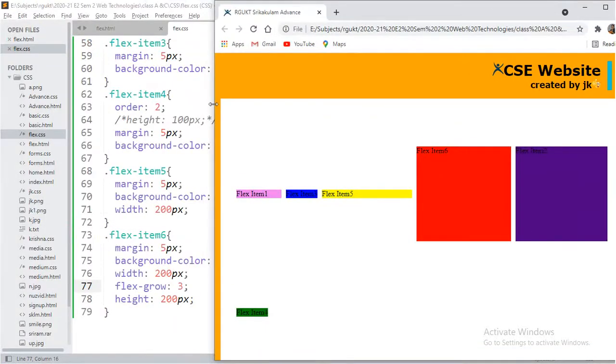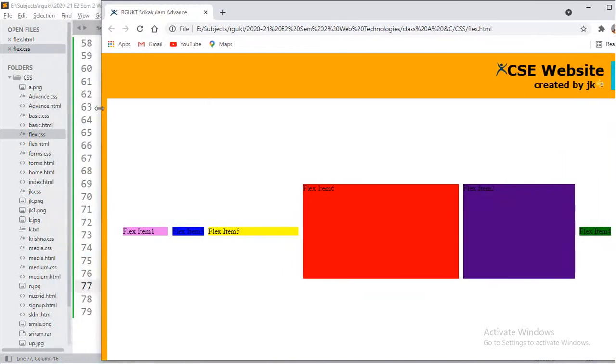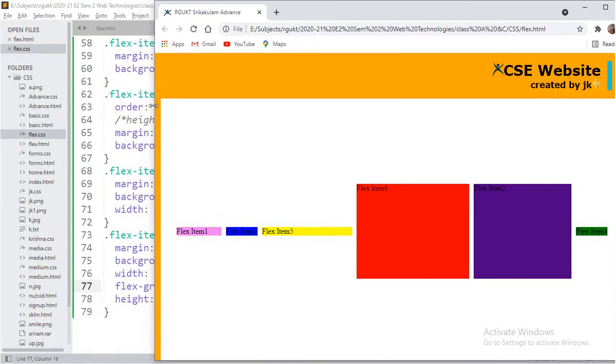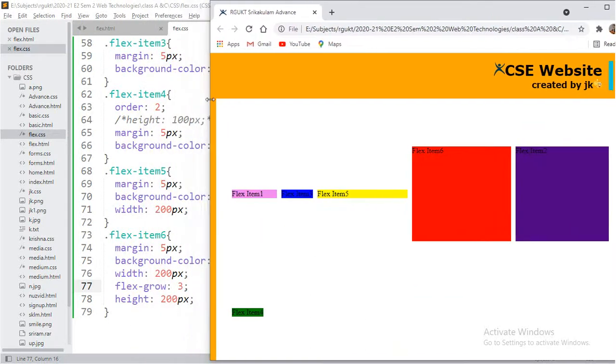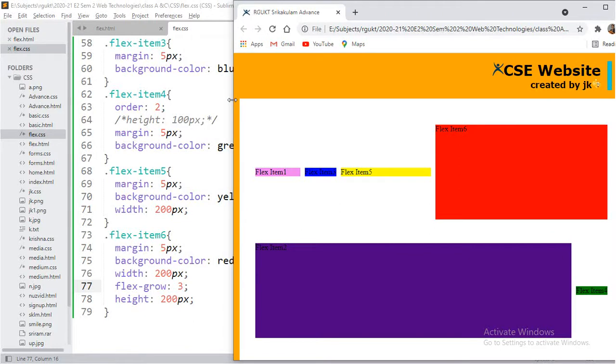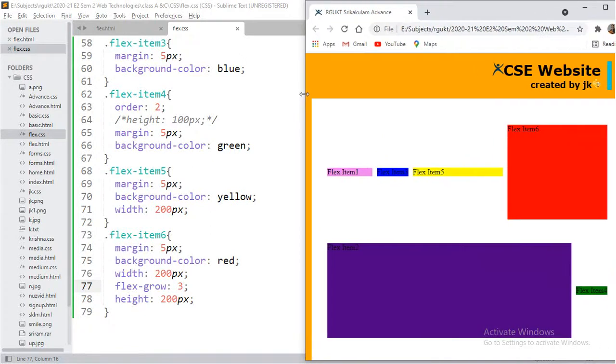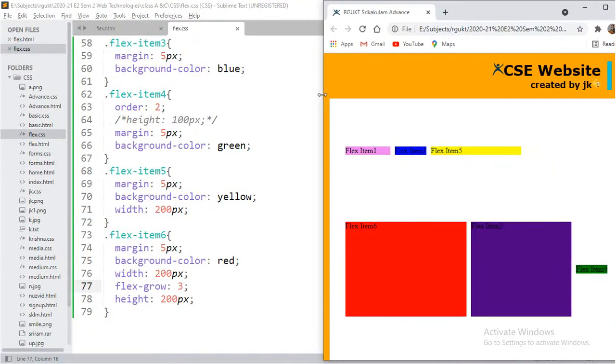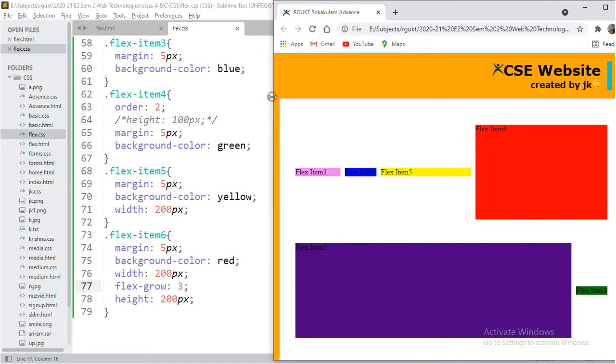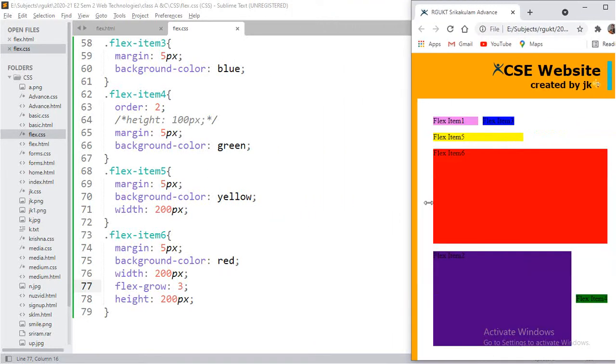Yes, fine. Here you can observe, even though I am minimizing, flex item 6 has more space than flex item 2. Now when both have constraints, observe. Now flex item 2 is increasing. When both are in the same line, you can observe the difference. Now flex item 6 is more than flex item 2. Now flex item 2 got more size than flex item 6, because flex item 2 is occupying all the available space in this flex line. When both are in the same line, flex item 6 has more growth than flex item 2. That is what you have to observe.